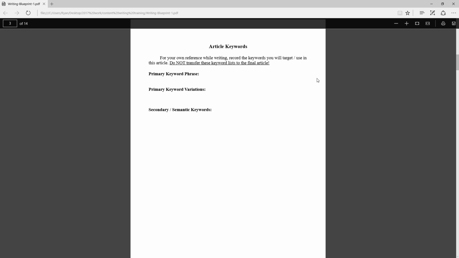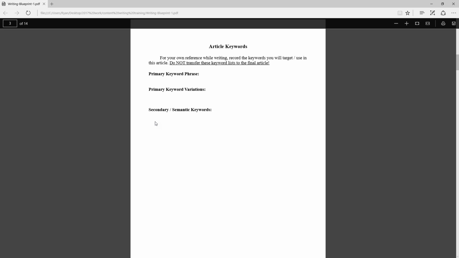So for example, we start with the article keywords. You can even use this type of stuff when you are researching your articles to begin with. Record your keyword phrases. What is the main keyword phrase that you're trying to target in this article? What are some different variations of that keyword phrase that you can come up with?